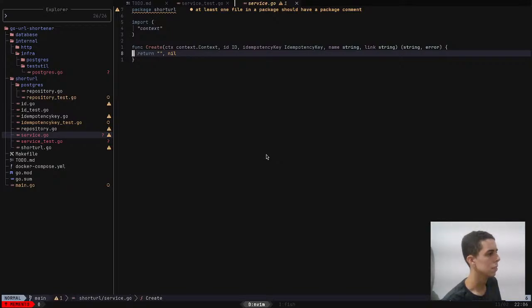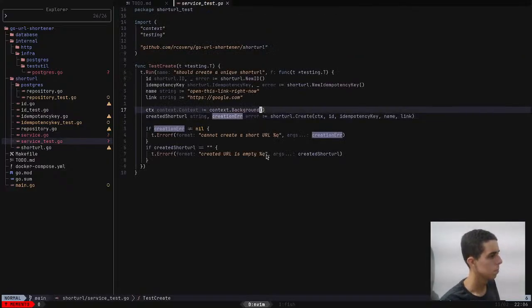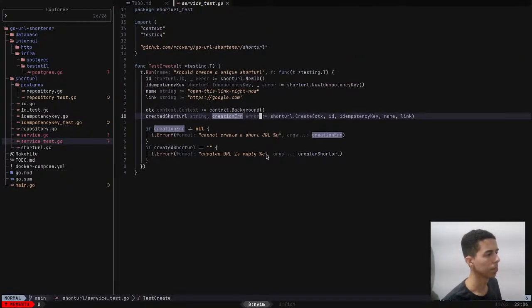I didn't create the initial function. Okay. In this service test, I will test only the domain logic here, but I will use an integration test just to save in the database, because I will need to do this to verify if I cannot create two different